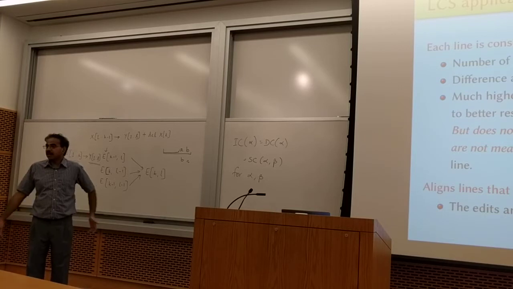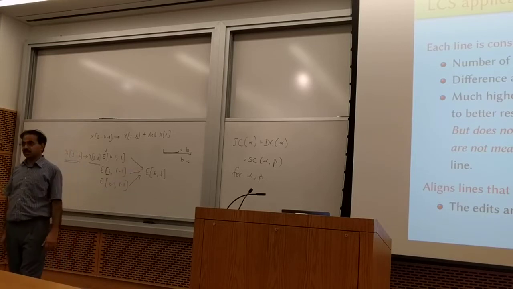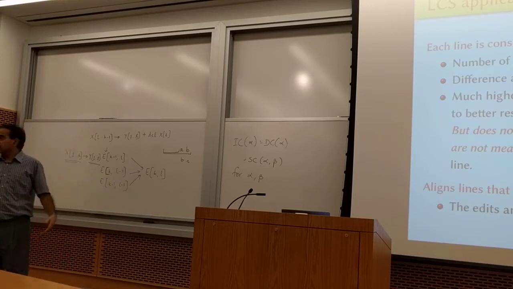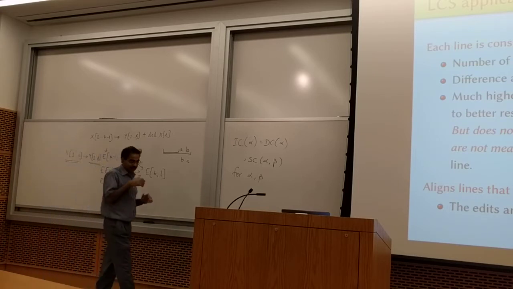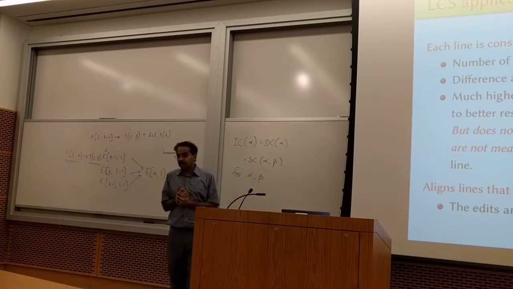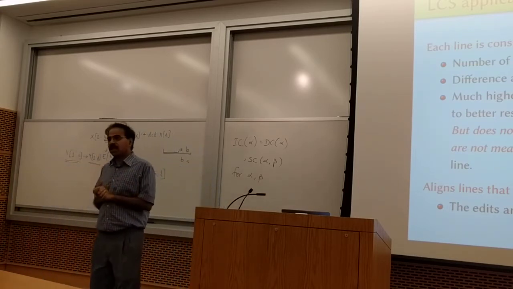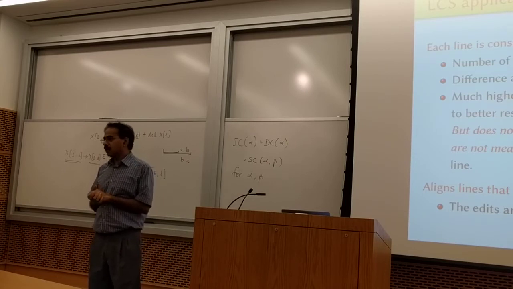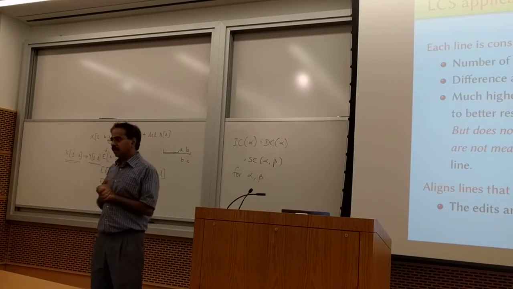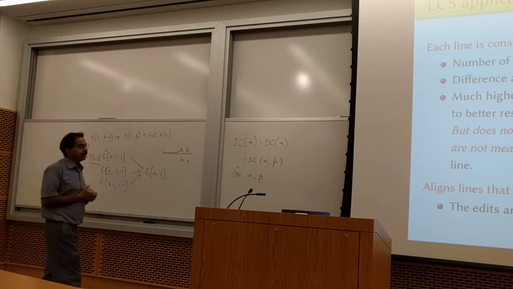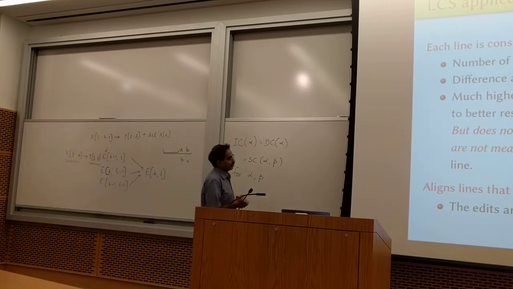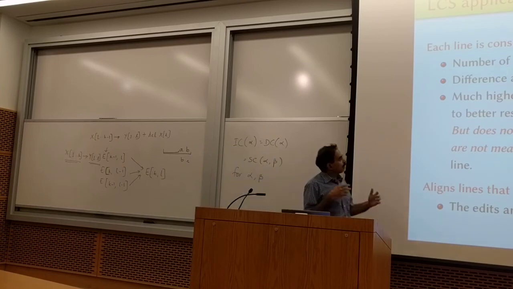If you want to do a diff of 200,000 byte files, it's going to take 10 to the power 10 time. That's a long time, so you don't want that. But if you look at it in terms of the number of lines, probably it has only 2,000 lines, and now it's only 1 million and not 10 to the power 10, and so you can get done much faster. So for all these reasons, diff tends